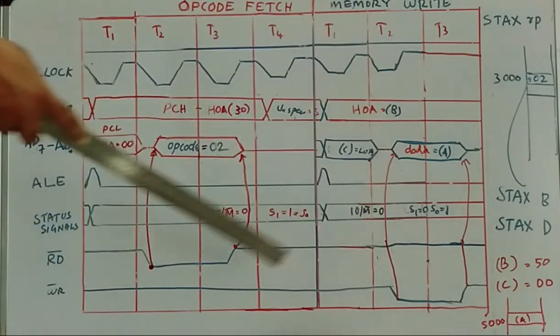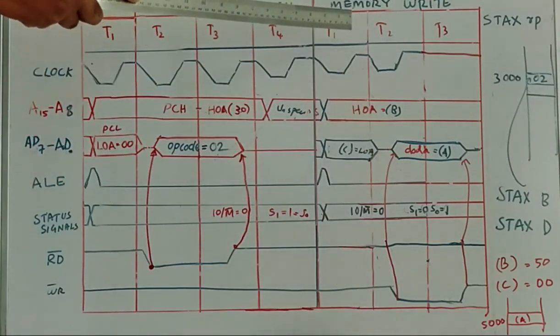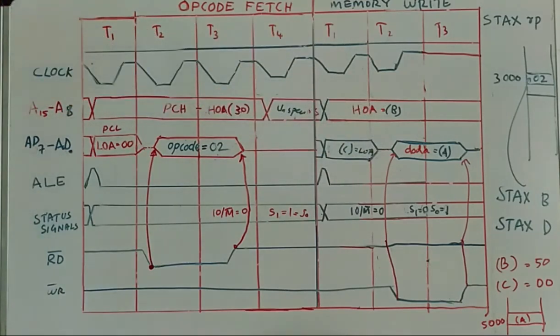During the second clock cycle, when the WR bar signal goes low, the data which is available in the accumulator is transferred to this location which is pointed to by the BC register pair. Then whenever the WR bar signal goes high during the third clock cycle, the data which is now available on the data bus is transferred to the memory location pointed to by the BC register pair. Thus, the memory write machine cycle is required for writing data from the microprocessor, that is the accumulator, to the addressed memory location which is pointed to by the BC register pair.